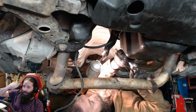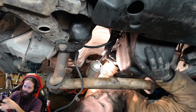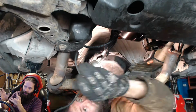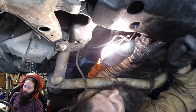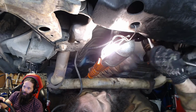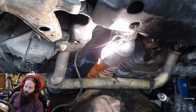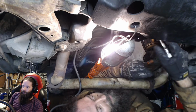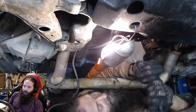Now, the cool thing about this is the gasket has a whole little windage tray underneath it, which is quite nice. It helps a lot. It gives you a couple extra horsepower. So now I'm just pulling out the oil pump pickup tube. Pulling that, and of course at 150,000 miles,